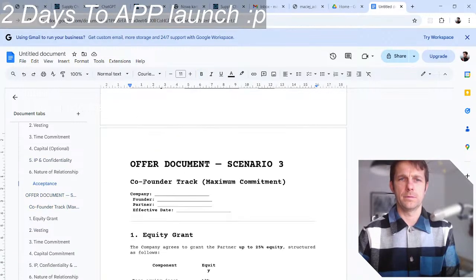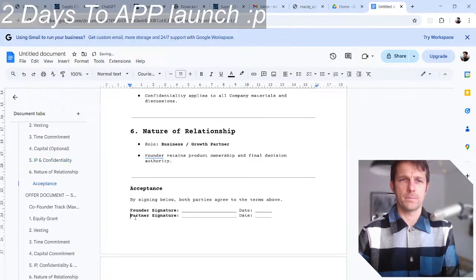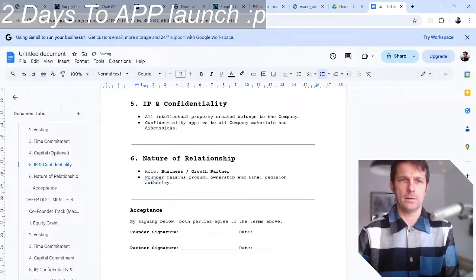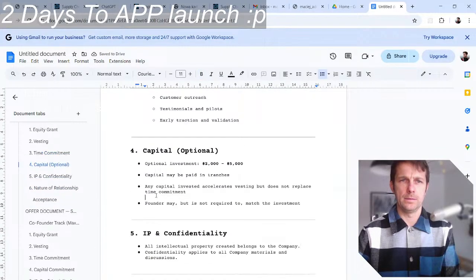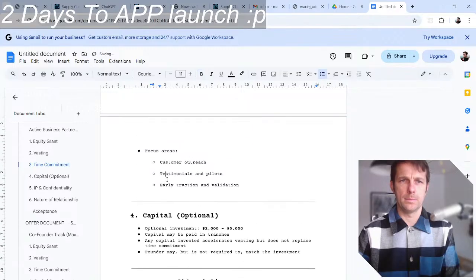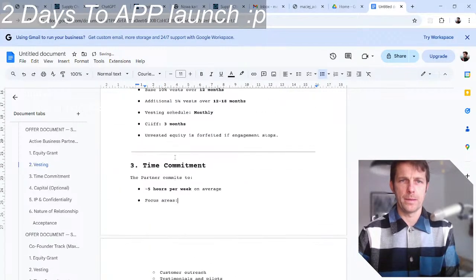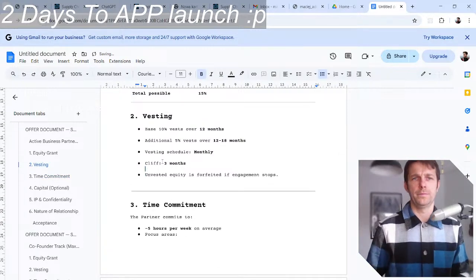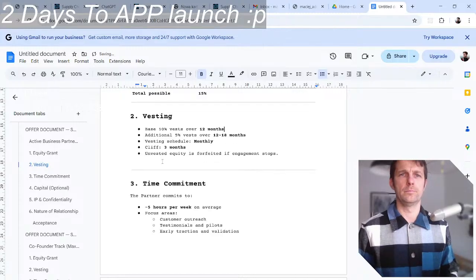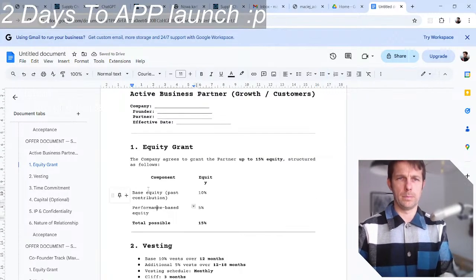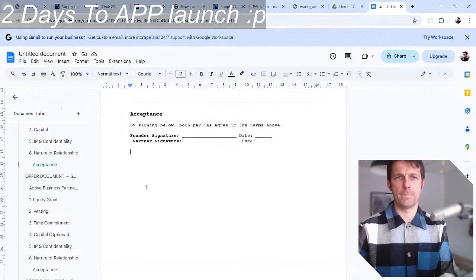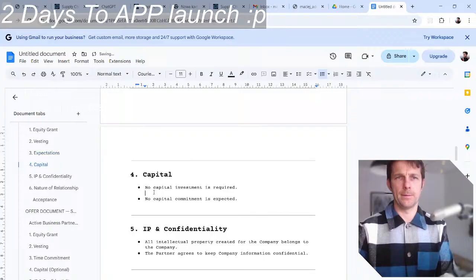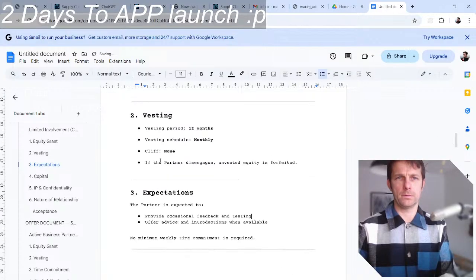Company, partner. Company. Looks good actually.